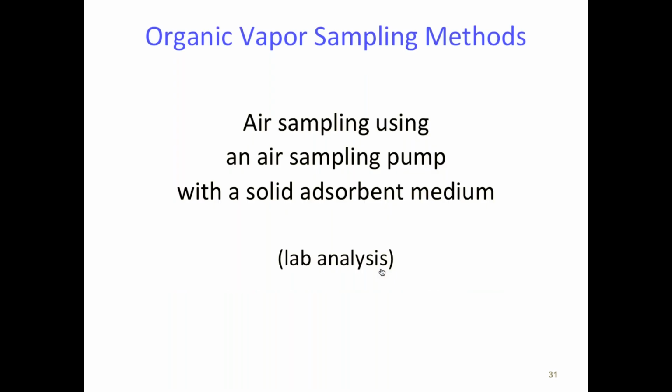Now, what's the classic NIOSH method, OSHA method, for sampling organic vapors in a worker's breathing zone? We need an 8-hour time-weighted exposure. We need a precise way of measuring the volume of air, and a precise way of measuring the amount of material that's in the air. So the NIOSH procedures for most VOCs are very similar to what we did with asbestos and particulates. We use a portable pump. We calibrate the pump. Instead of a filter, we use a tube